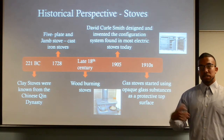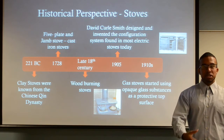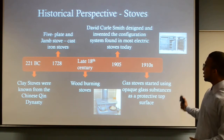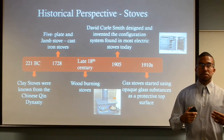He took the idea and remodeled it based on someone else's idea, but he actually improved it, and he's responsible for the layout we have today. But gas stoves didn't start becoming popular until the 1910s, mainly because companies started